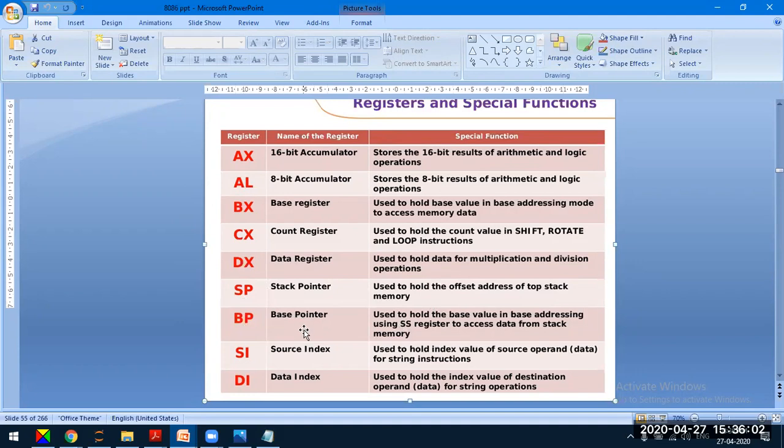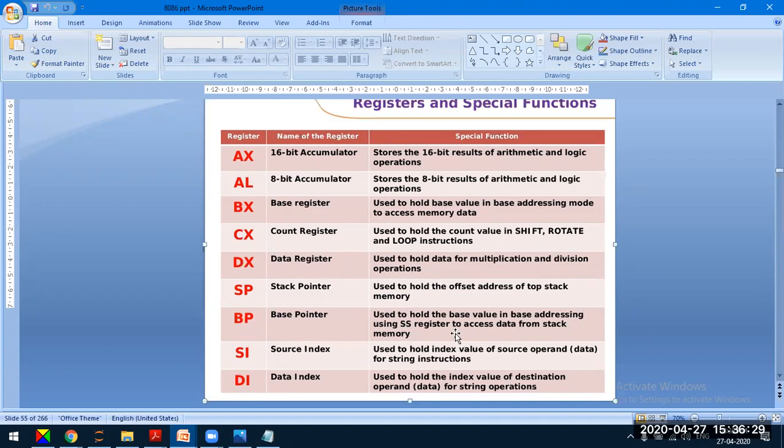Next comes base pointer. See, base pointer and base register are different. Base pointer is used to hold the base value in base addressing, using the stack segment register to access the data. DX is used to access the data from the data memory, whereas BP is used to access the data from the stack memory, whenever the stack segment is used.